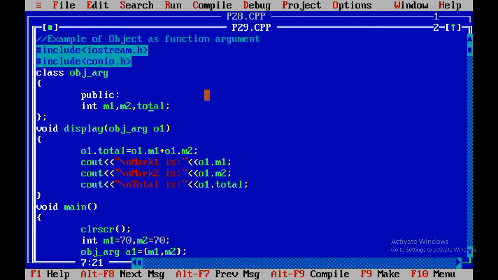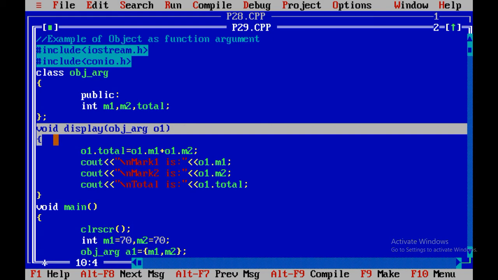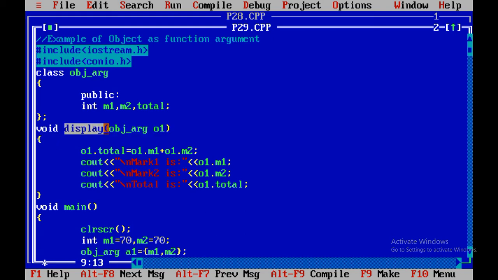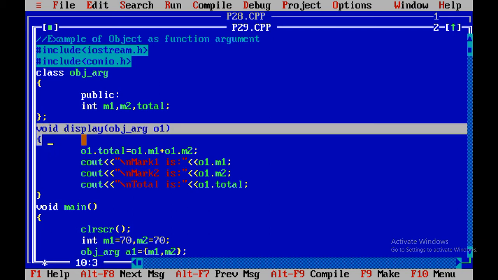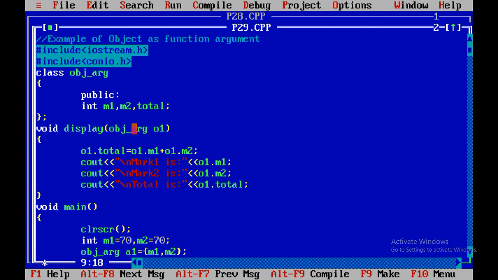Now outside the class, see, this display function is not a part of the class. How can I say that? See over here, I have not mentioned that void display I am going to create in future. That is number one thing. Number two, if the display function were a part of the class, in such cases I would need to declare it outside the class in this way, with the name of the class and with the help of the scope resolution operator. But this is an individual function, that means it is not a part of the class and you can call this function directly. One more thing, see, which type of UDF is this? It is a without return with argument UDF.